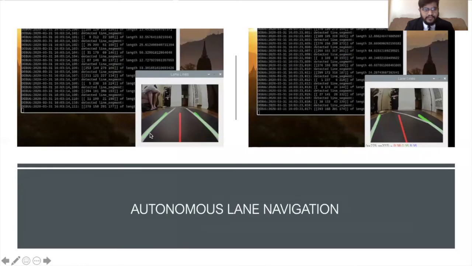In my case, I have given it a green color, so you can see there's a green line on both sides of the lane. And the center line is to determine the steering angle which the car is supposed to take once the lane starts curving or anything like that. We can see over here that when the car is going in a straight direction, the lines are straightly aligned with the actual lane line, and then at the curve, the line tilts towards the left as we have a left turn.